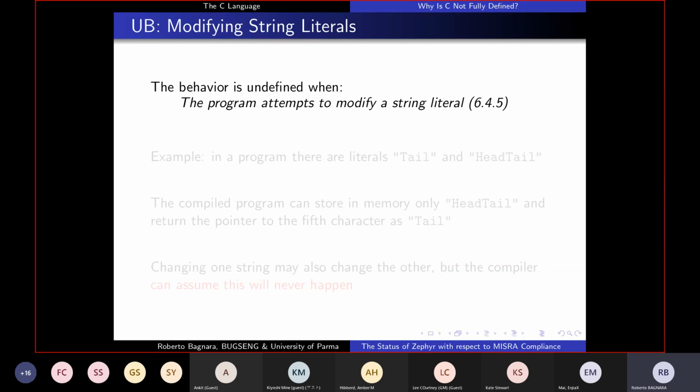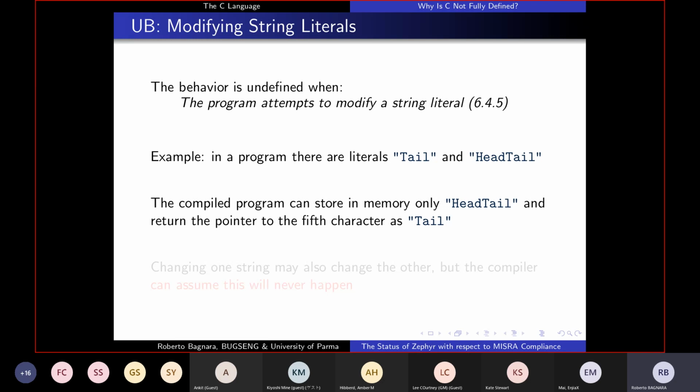So let us see the same example we have seen before. It's undefined behavior if the program attempts to modify a string literal. We have seen one of the reasons: the string literals may reside in read-only memory. But there is another reason. The C compiler, thanks to this, is allowed to merge string literals. So if you have the same string literal several times in the program, there is no obligation for the compiler to have a separate memory representation for each of those. To the contrary, most compilers do